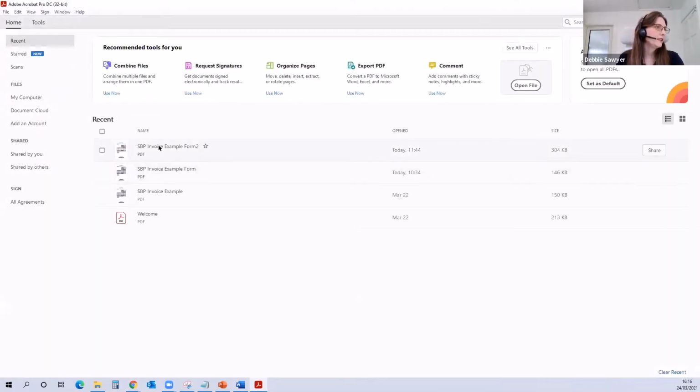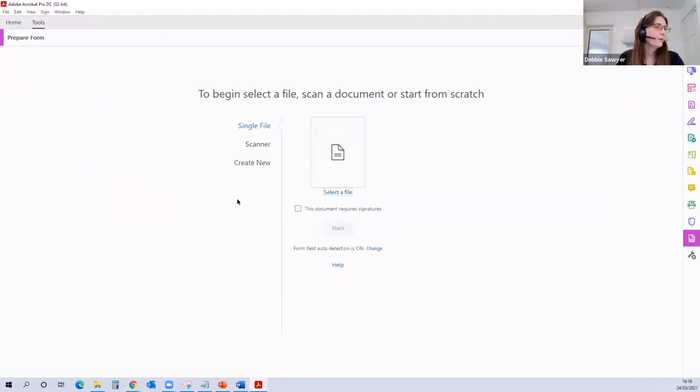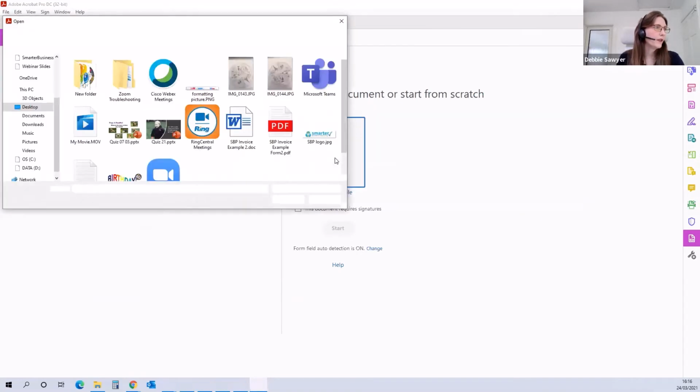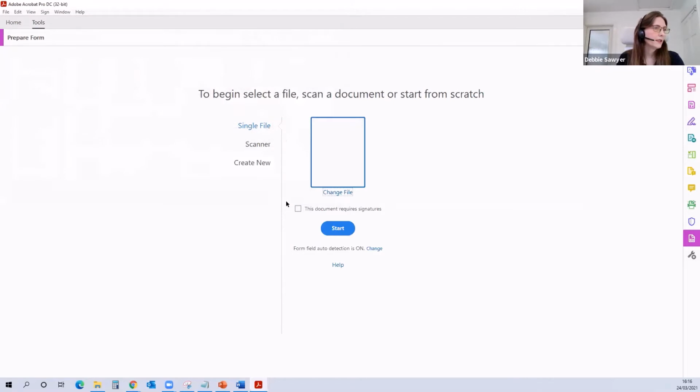Acrobat, and if you wanted to do it from scratch, you would need to go to your tools area and say that you want to create a form, and then you select your file for the form to go into. So the file is on my desktop. There it is. So it just links to that file, and you click on Start,